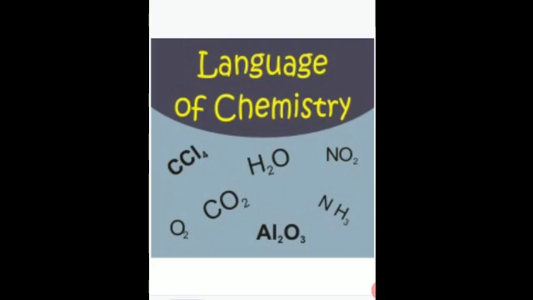Hope you have revised all the symbols and valencies, and you have understood how to write the chemical formula and how to write the molecular formula, right? Let's practice a few more chemical formulae and one example to calculate the molecular formula, and then we'll proceed with the chemical equations and the balancing.